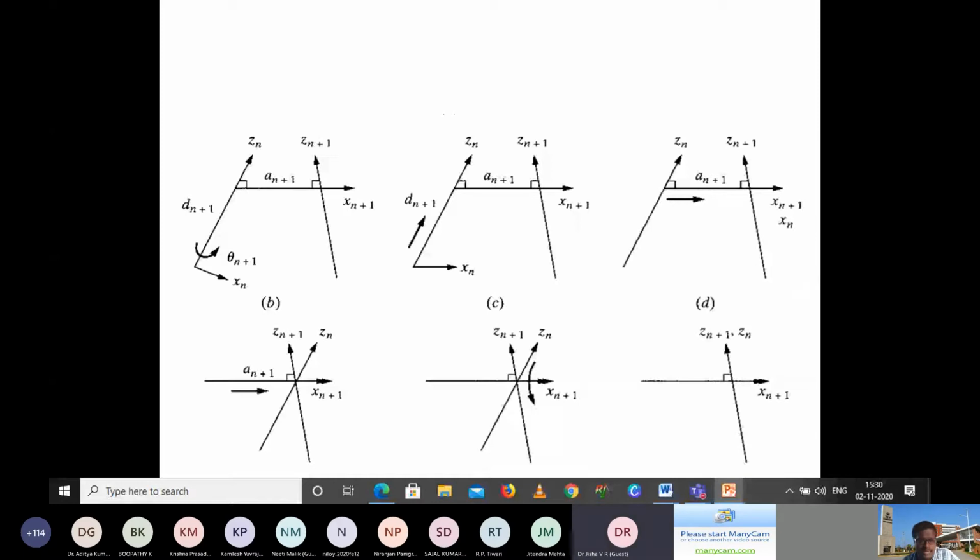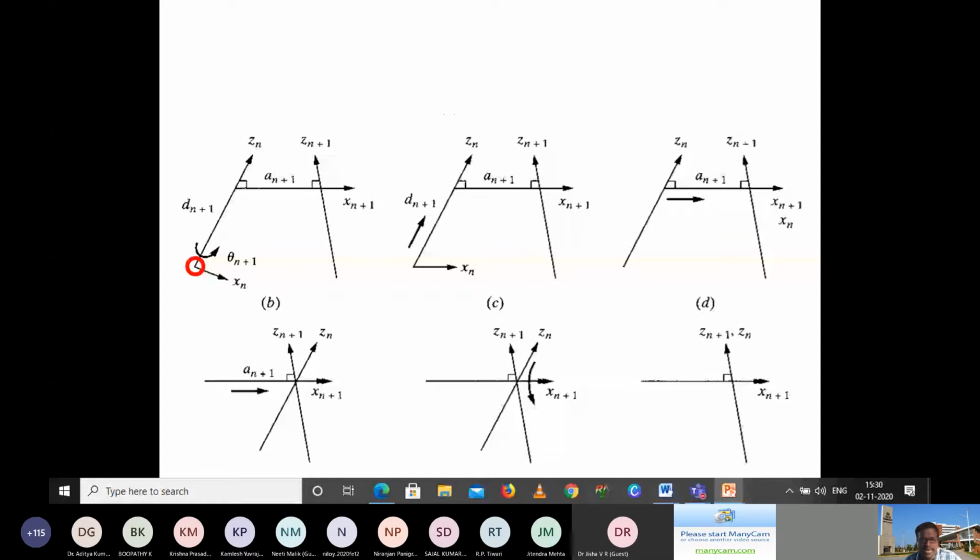Okay, ma'am. The thing is, the first one, as I said. So here we are starting at xn. Okay, this is the starting point. As you know, it has a rotation theta n plus 1 that we have taken. Okay, the first step, as per the DH parameter research paper, what they have done is they have aligned the xn axis with the x n plus 1 axis. So what I have to do is align xn with the x n plus 1 axis.